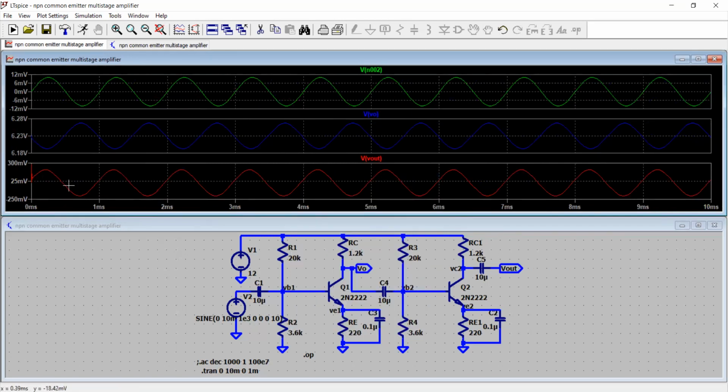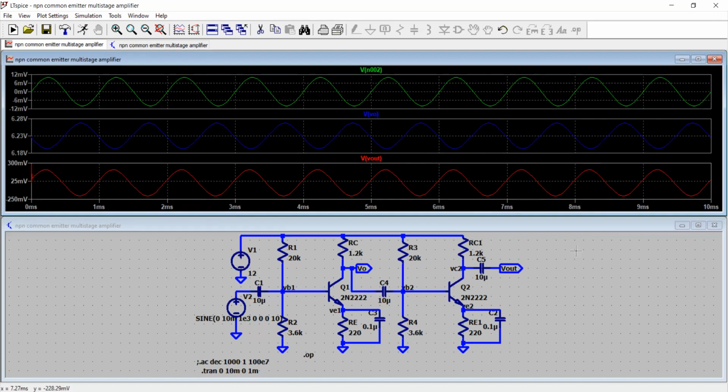So the DC level of this signal is about 25 millivolt, and the peak value is going to 250 millivolt. So I guess for the 10 millivolt input, I have about 125 millivolts. So it's about 12.5 times,